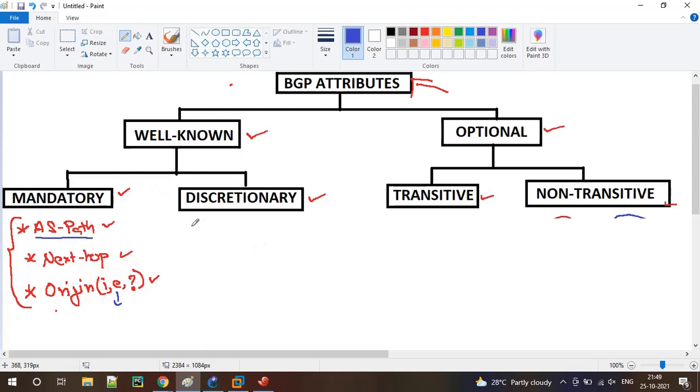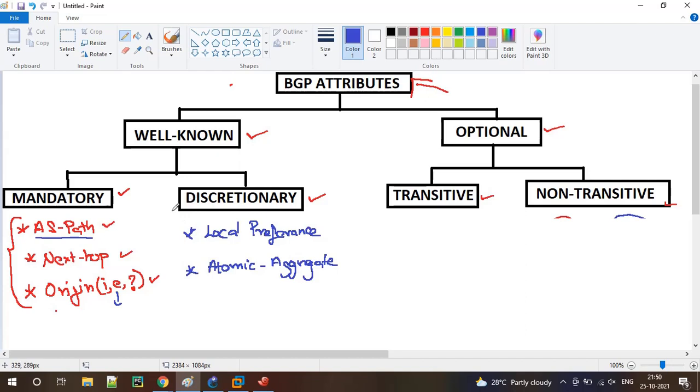In discretionary we have different attributes, something like local preference, and also atomic aggregate. These are the attributes that we will consider as well-known discretionary.